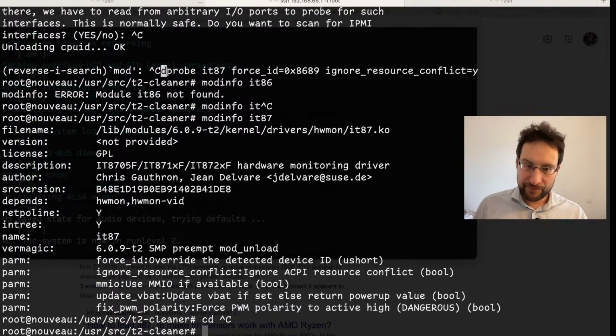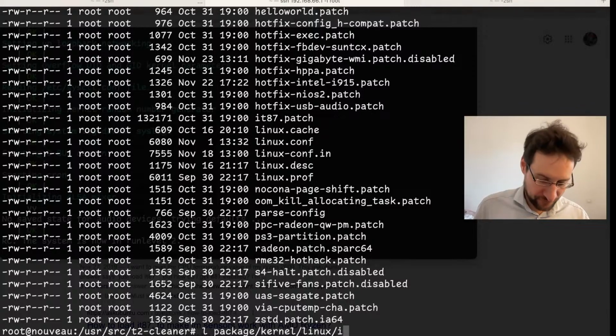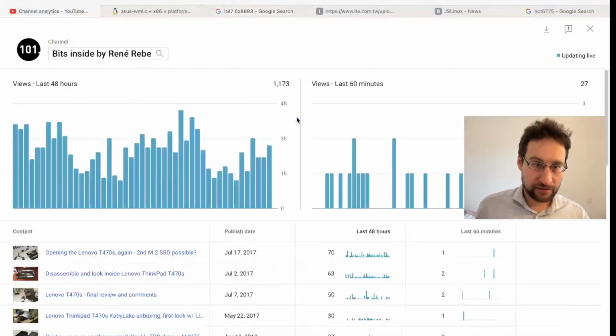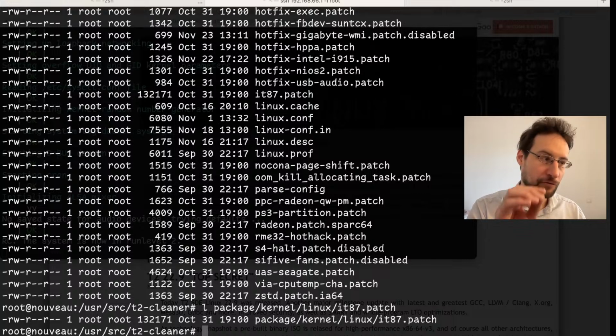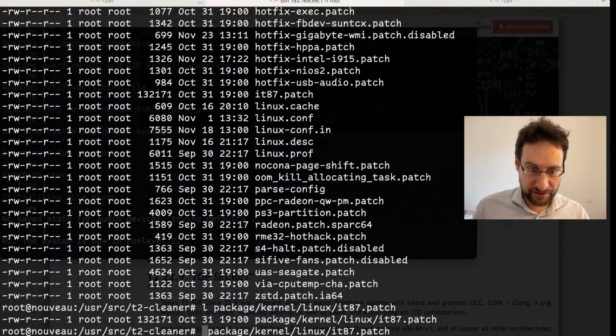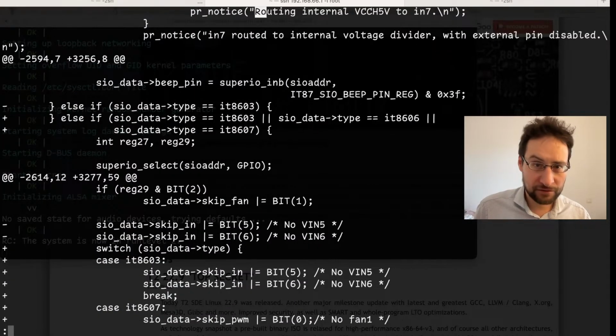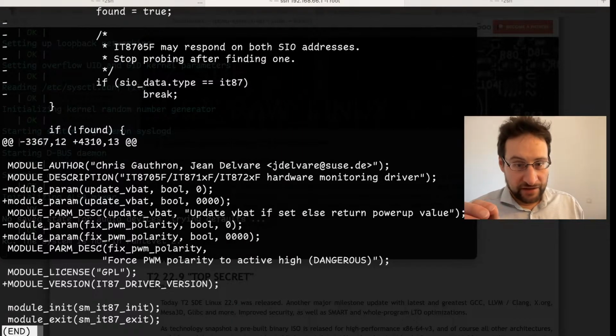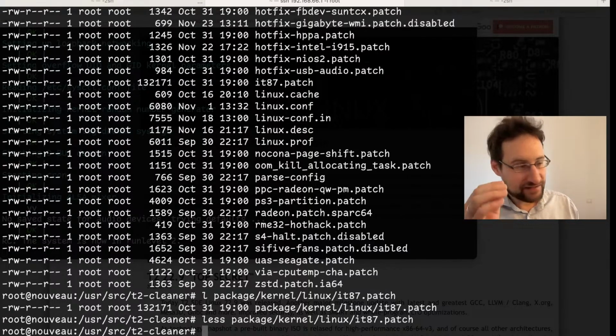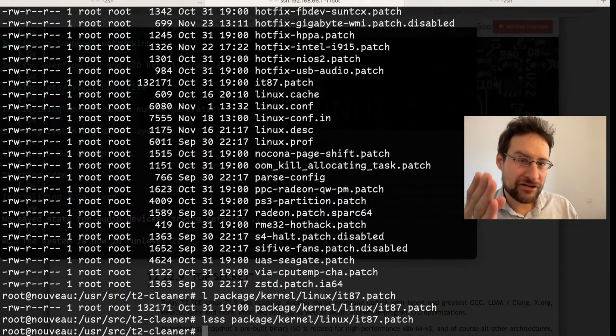Anyway, where other people give up, because I wanted my sensors working long before other Linux news sites picked this stuff up, I actually have here one of those Linux distributions, T2 Linux, shipping that for a while. And we are shipping for years a 132K patch for the last release maintained by, what is it, Walter Röckel or something. The last patch they released was like 4 years ago, and there is no change in this IT87 Linux kernel driver that the patch probably mostly,